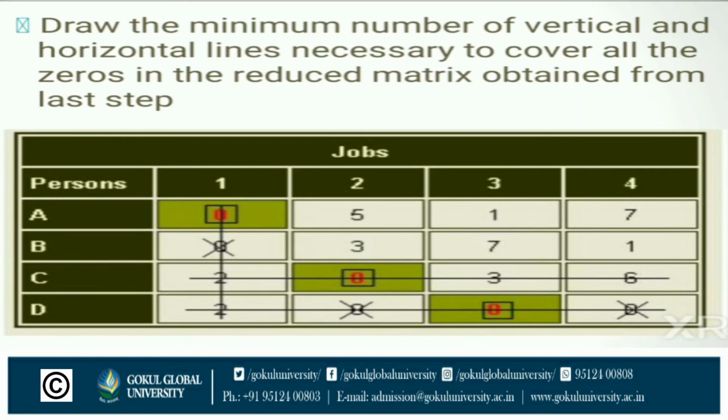The second and third rows have a single 0. Then assign and draw the vertical line, and the last row has two 0s, then three 0s. Then cover this column. So here we can see that the number of columns or rows is 4 and the number of vertical or horizontal lines is 1, 2 and 3. So one line remains, then we can proceed and give the one other line, then show the next table.